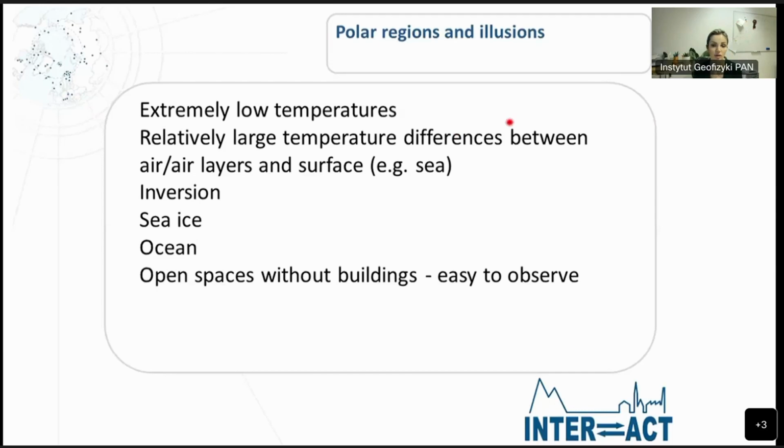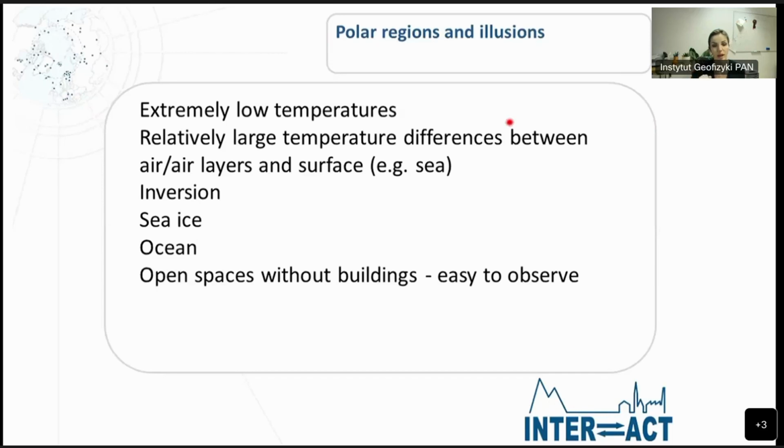that's not all, because there are also relatively large temperature differences between air layers and the surface, and most often the sea, or traveling sea, allows us to observe a lot of polar illusions, because the difference of temperature between the surface that surrounds us, which is sea, and the air is relatively large. We quite often observe the phenomena of inversion. So, like I said before, normally